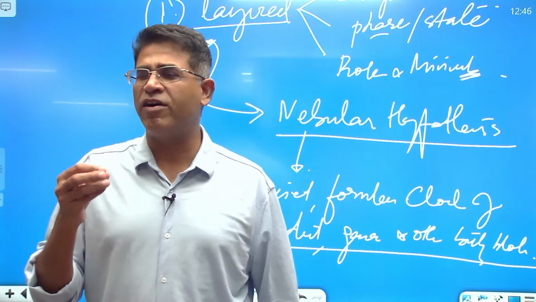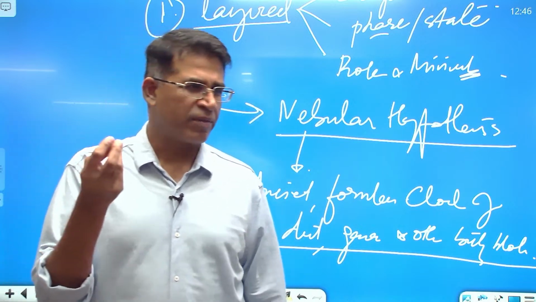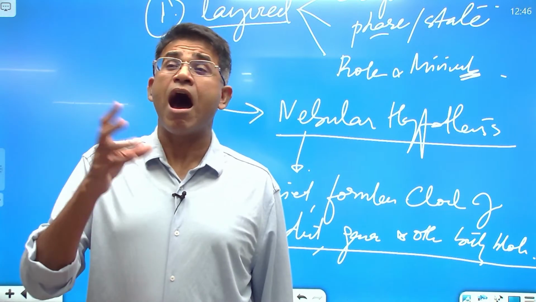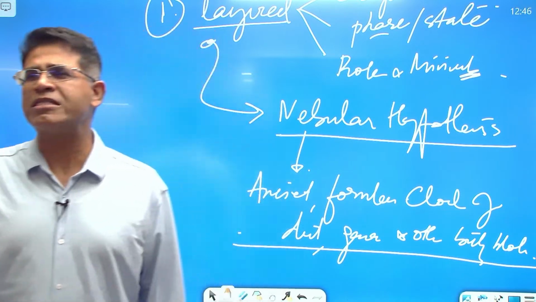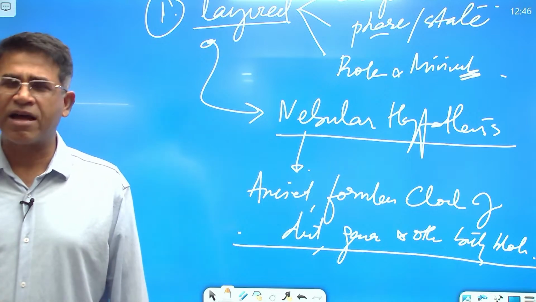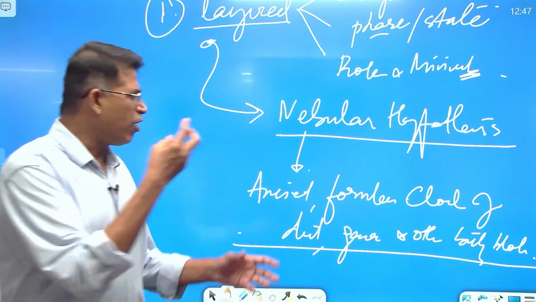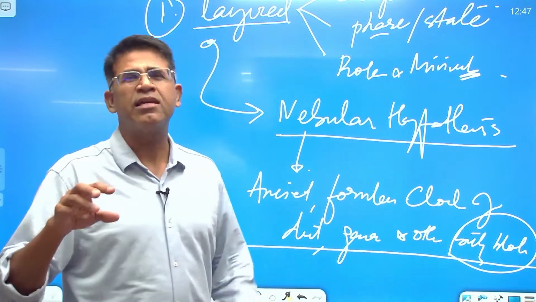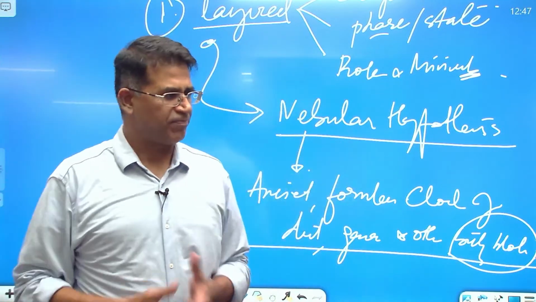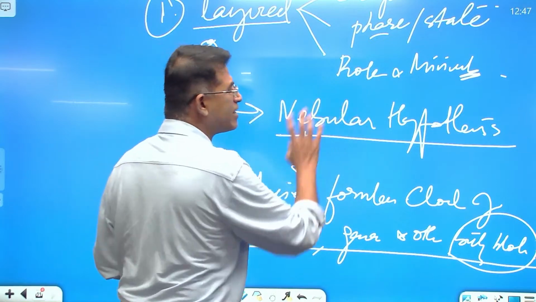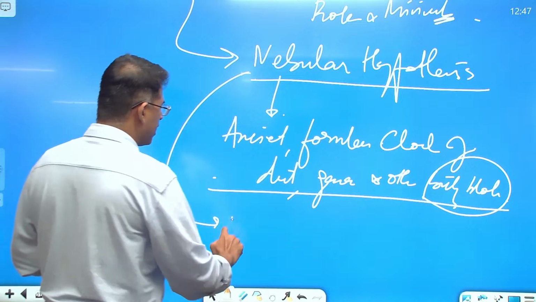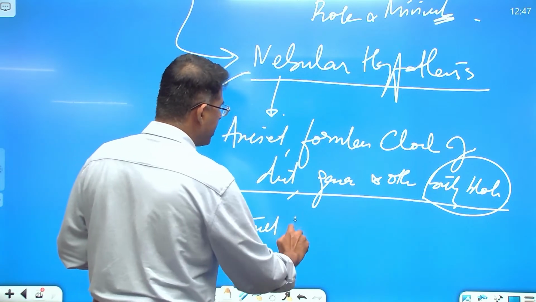If you have heard terms like neutrinos, there is something called the Higgs boson particle. There's dark matter because we don't know what it is. Dark in that sense. So there are a lot of other building blocks, a lot of other fundamental particles that make up our universe. So all that together we call a nebula. And this hypothesis says that the ancient nebula,